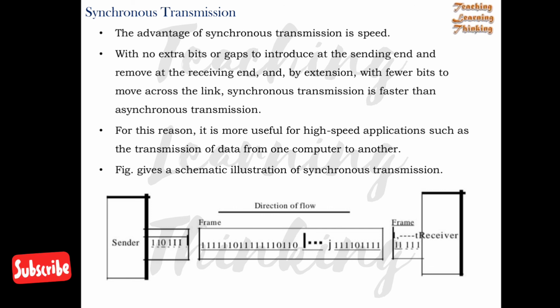We have already seen the types of transmission modes, such as simplex, half duplex, and full duplex, and there are parallel and serial communication. In serial communication, there are 3 types of transmission modes: asynchronous, synchronous, and isochronous. So that's all about the transmission modes,